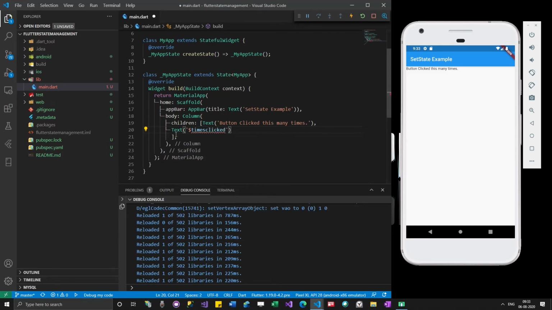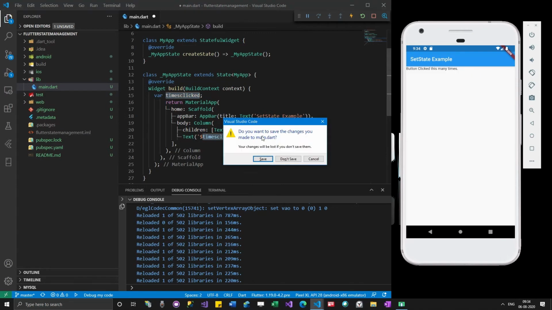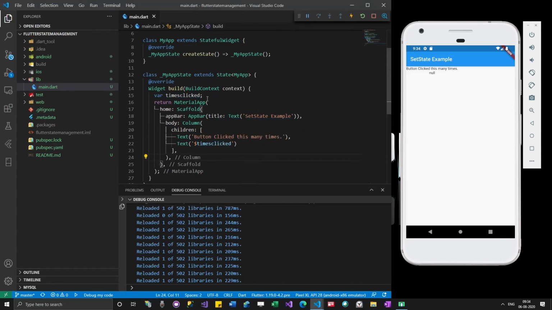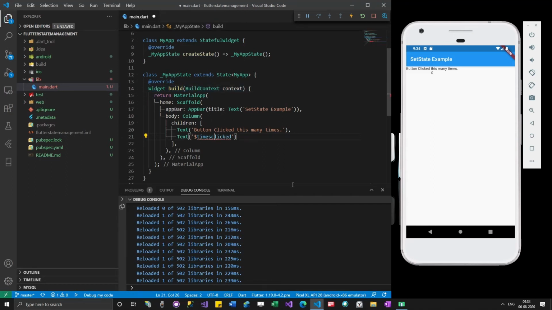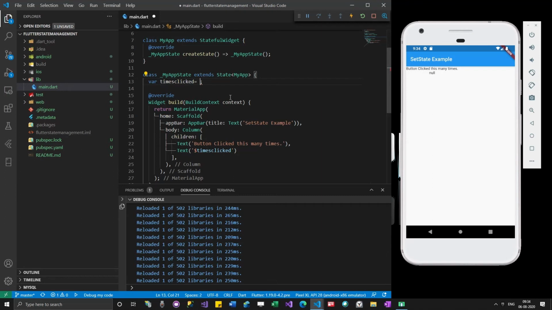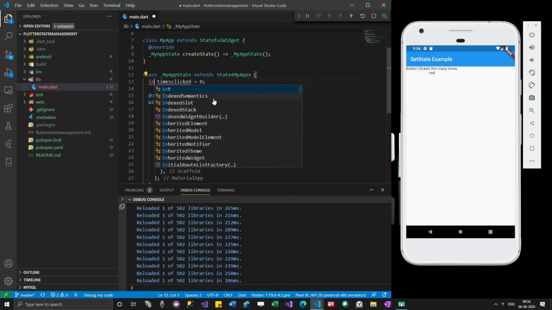This is how we add a variable inside a text: you need to give a dollar sign. So let me create a local variable for this and then give it 0. Okay, not here. Let me try with int.